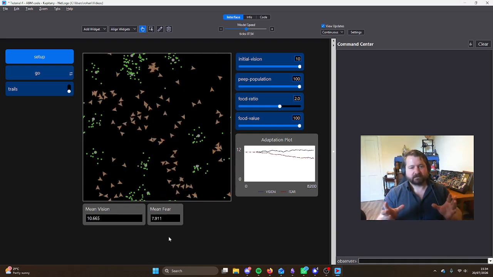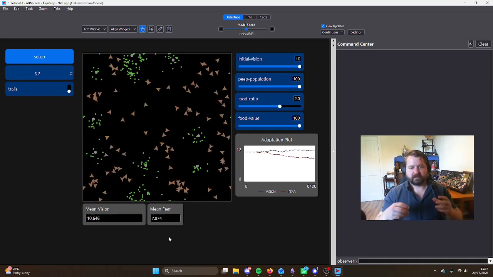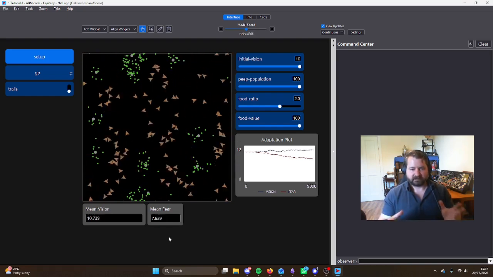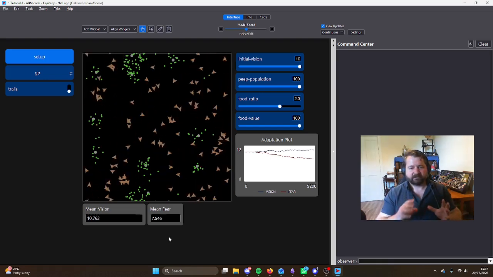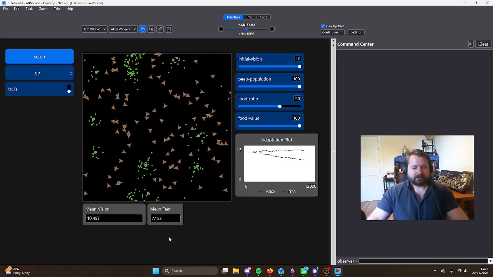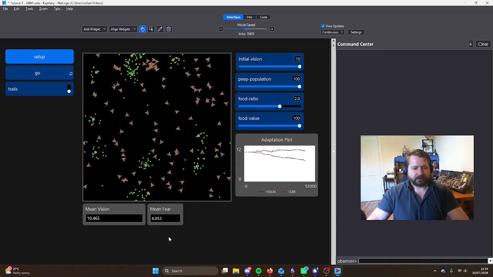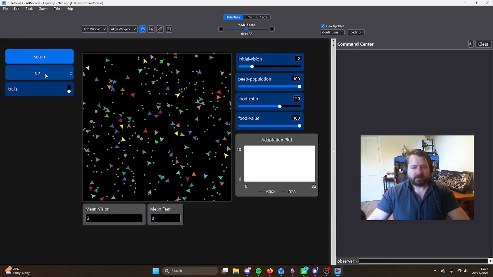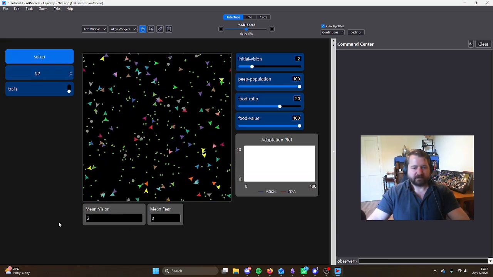And this is one of the really important things when we think about emergence, when we think about building in these variables: we have to think about what these things actually represent and whether we've built too much into a single construct. Now, the other thing about these very complicated models is that we have all of these other variables. If we shifted initial vision down to 2, so essentially their fear and their vision are both very short,